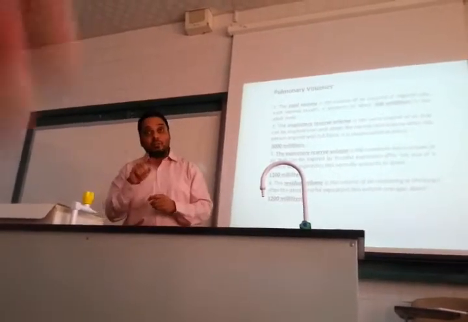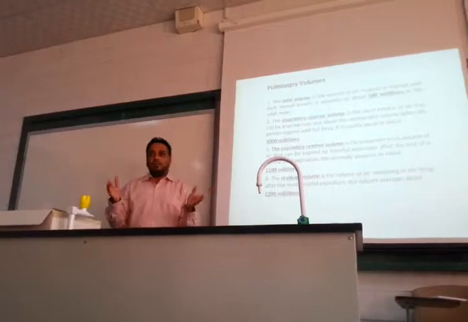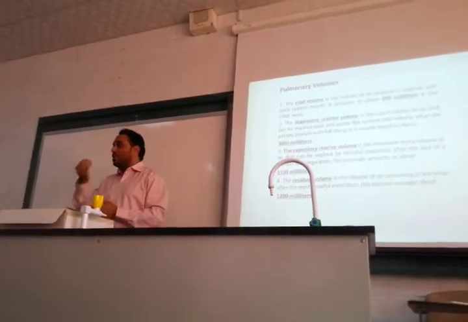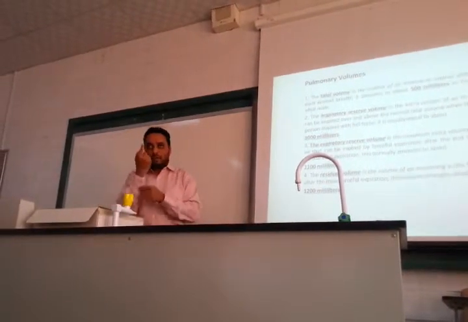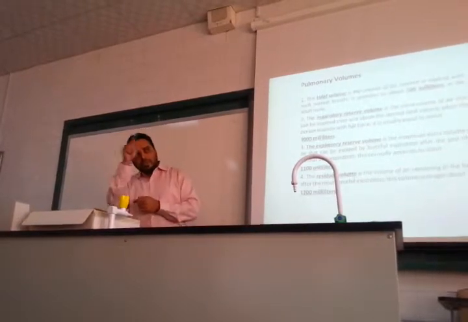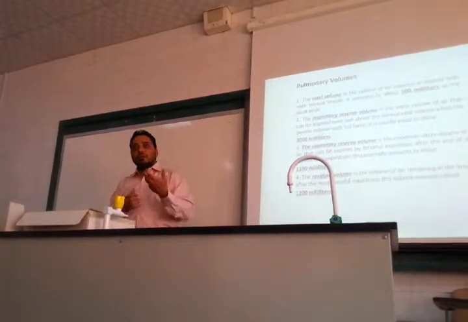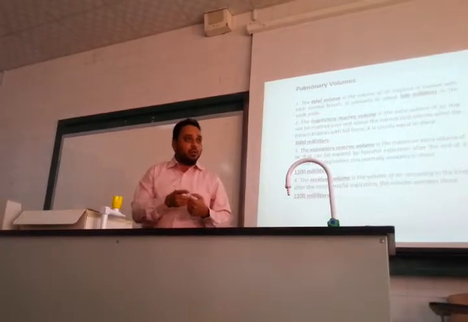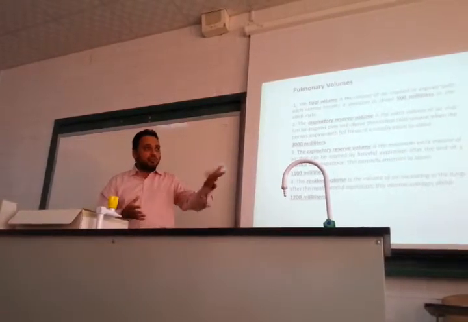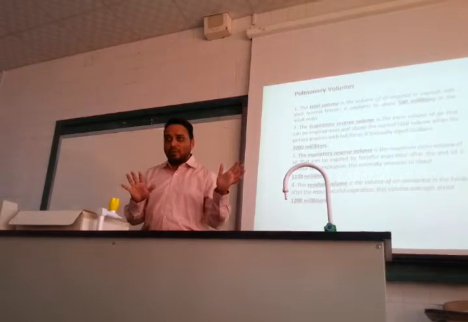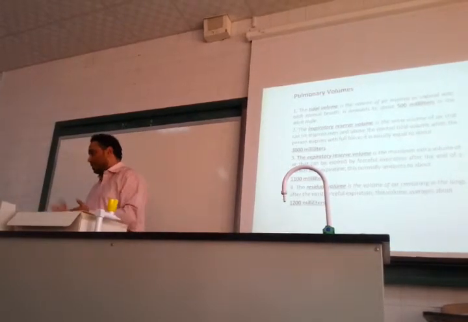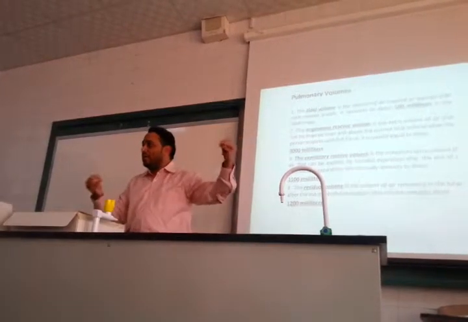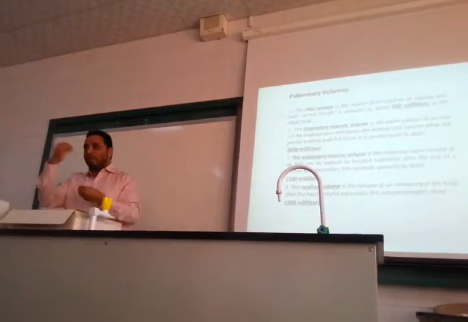In one respiratory cycle. What is one respiratory cycle? You take inspiration and you give out the air, which is expiration. Inspiration followed by expiration. This is one cycle, right? Take in and give out. Then take in, then give out. So there are respiratory cycles. This you can calculate, which is known as the respiratory rate of a person. How many respiratory cycles do we carry out in 1 minute? About 16, right? That is the respiratory rate of a normal person. So respiratory cycles are about 16 per minute. So that is tidal volume. Is it clear what is tidal volume? At rest, basic volume of air that is coming in and going out.